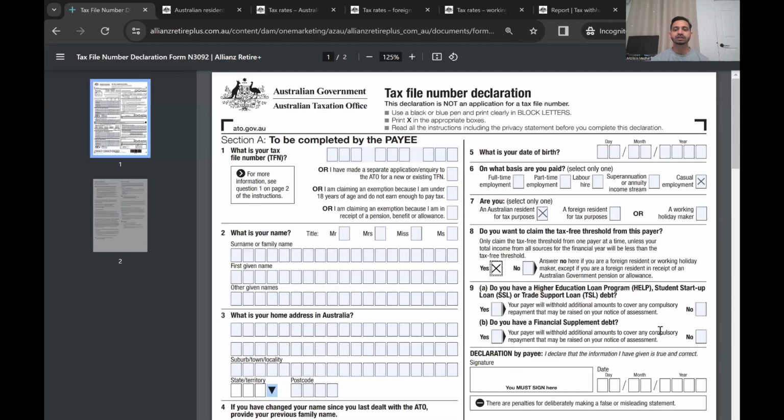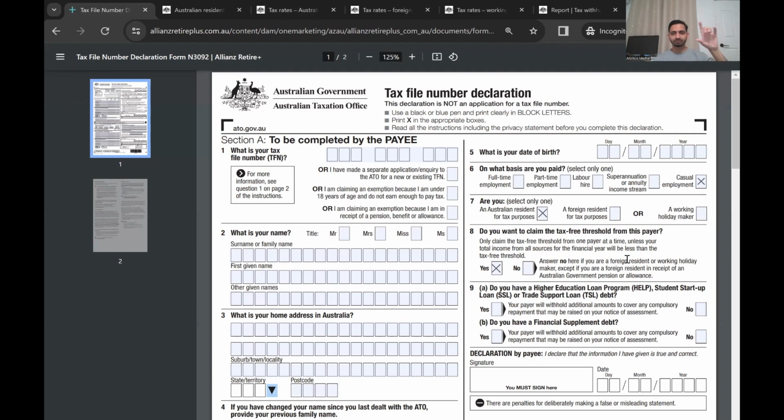Now, when can you claim it? This is very important to understand. When can you claim it? Now, it says only claim the tax-free threshold from one payer at a time, okay? So if you work for multiple employers, you can claim your tax-free threshold from one employer. Now, what I suggest, and what is wise to do here, is if you have one employer, claim your